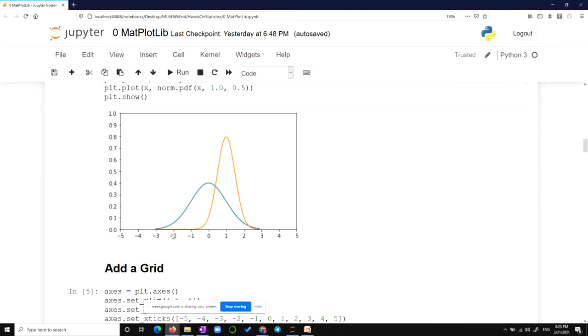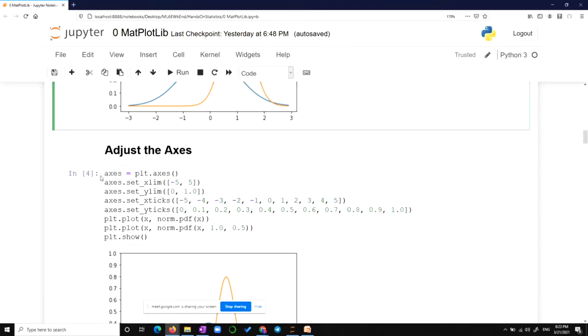Maybe I started with -3 and 3, but now I want -5 and 5. Once you want that, you create axis equal to plt.axis. So we call a function, and we are going to call it axis in our local scope, and then axis dot set.